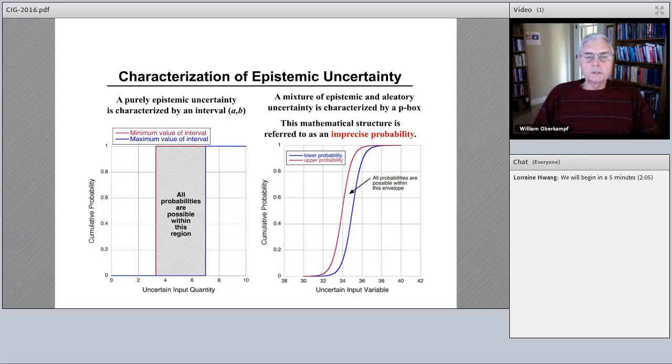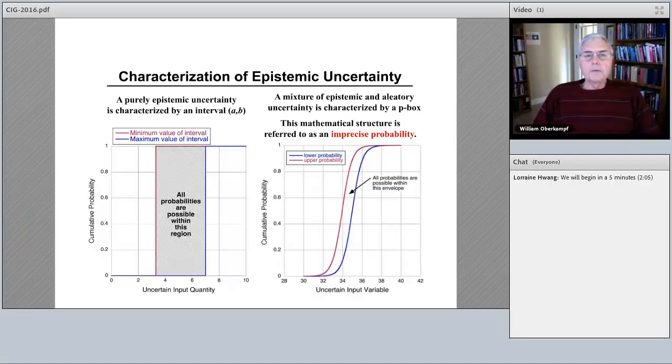Most probabilistic analyses will put a uniform distribution on that and say that all values are equally likely. You can do that, but you must realize you have added a great deal of knowledge to what was originally said. Originally you said, I have no idea, it could be a single value at one end or the other. I know it so poorly, I can't even write a distribution. I can't even claim a distribution.